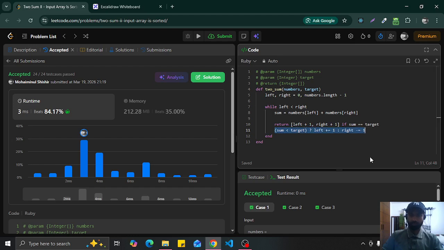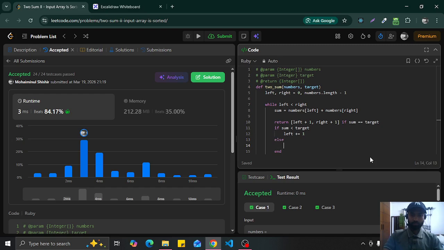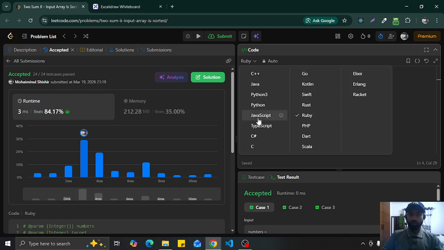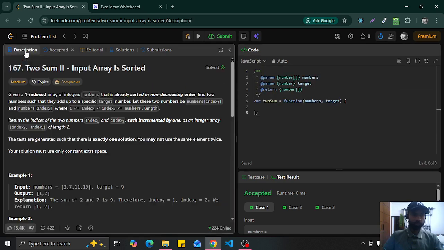We can do this in 2 lines also, like if sum less than target, then left plus equal 1 and else right minus equal 1. It's going to do the same thing. Anyways, let's do it in JavaScript. This is going to be the last